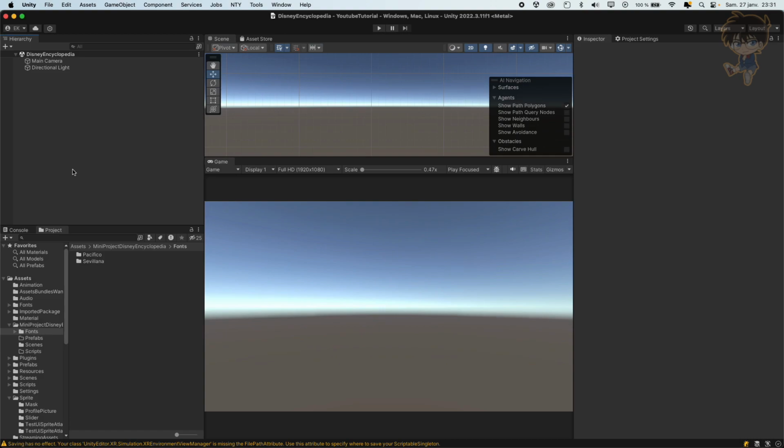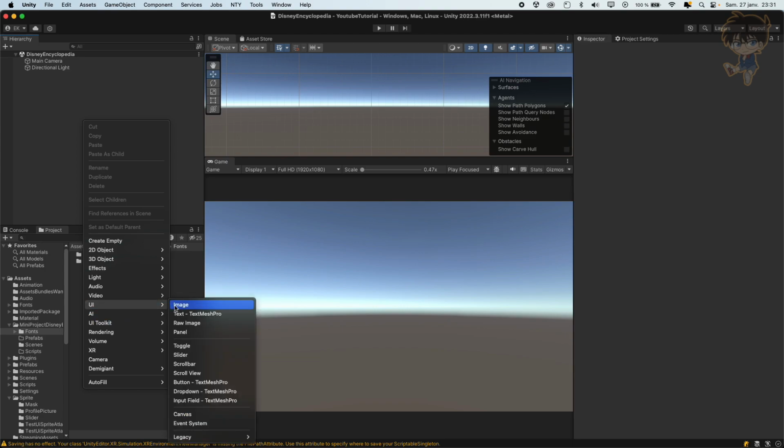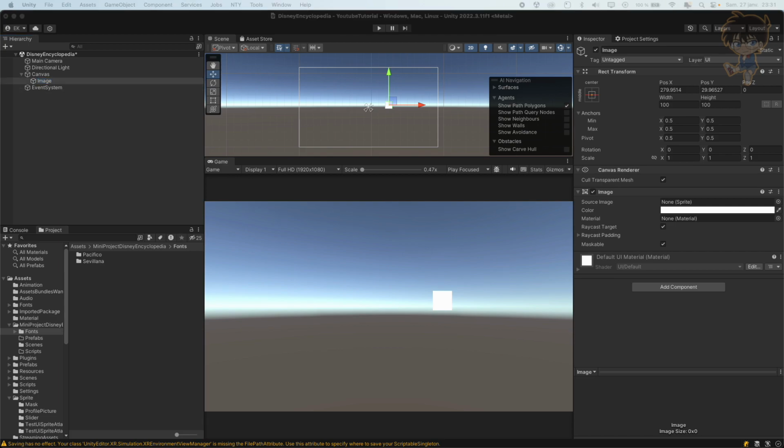In this first part of the video, I will set up the scene, so basically create all the UI. Let's create, for example, an image. In this image, it will represent my background. So let's call it